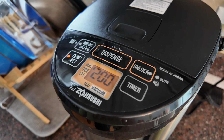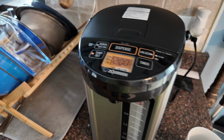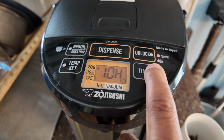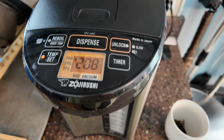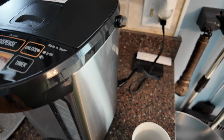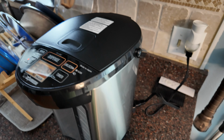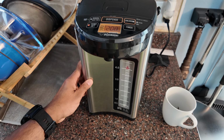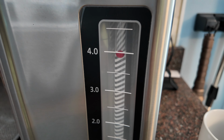It does have a timer option, so if you're going to bed and you want water first thing in the morning, just ready to go, you can put it like different intervals. I believe 6, 10, all the options. So if you do that, that also helps you with saving some electricity. It does come with a nice handle, so if you want to fill the water, you can always carry it easily. It also swivels left to right. That's nice. There is a ball that tells you the level,